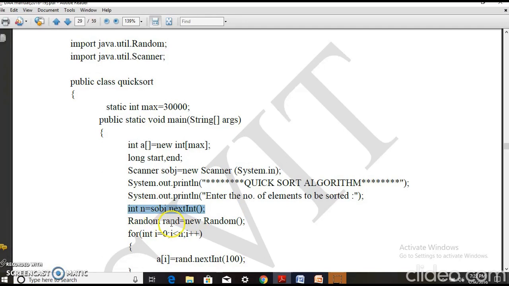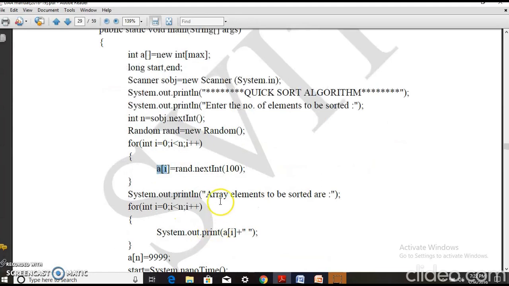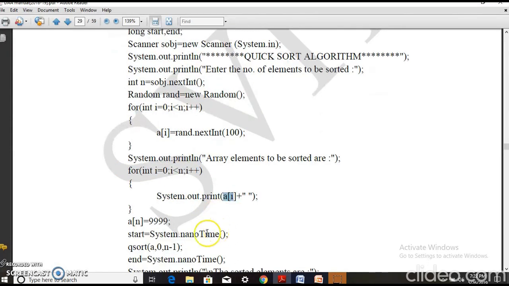We need to generate the numbers randomly by creating an object of the Random class and calling the method nextInt of the Random class via the random object, passing 100 as an argument. That means I need to generate numbers randomly in the range 0 to 99 and store them in the array. The array elements which are generated are displayed using a for loop, i equal to 0, i less than n, i plus plus, printing the elements A of i.